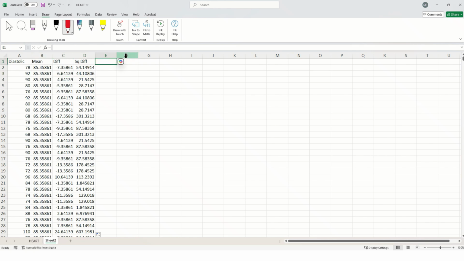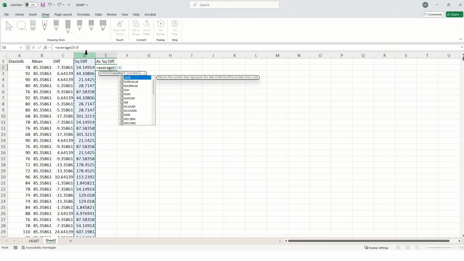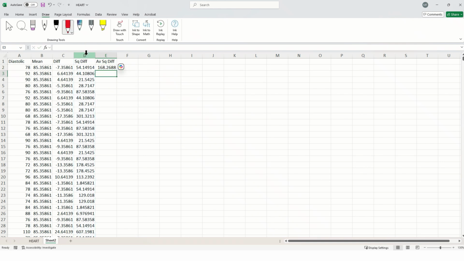Okay, now we can take the average squared difference, which is going to be average, open parentheses d colon d close parentheses. Okay, so now we see that on the average the squared difference of all these values is 168.27